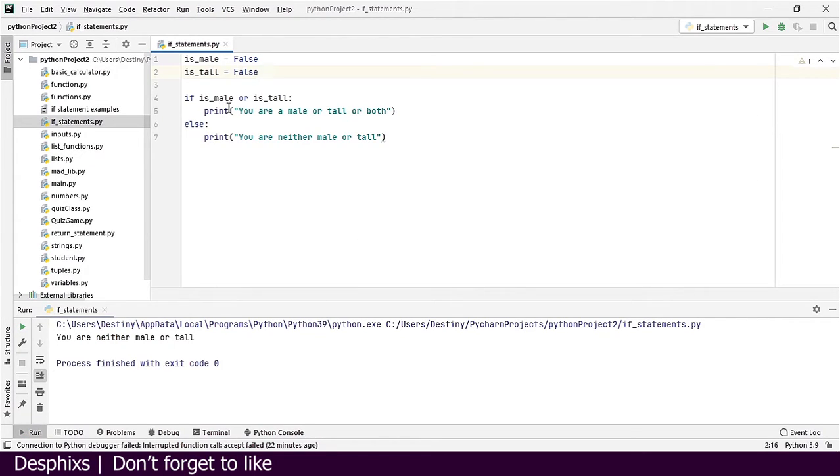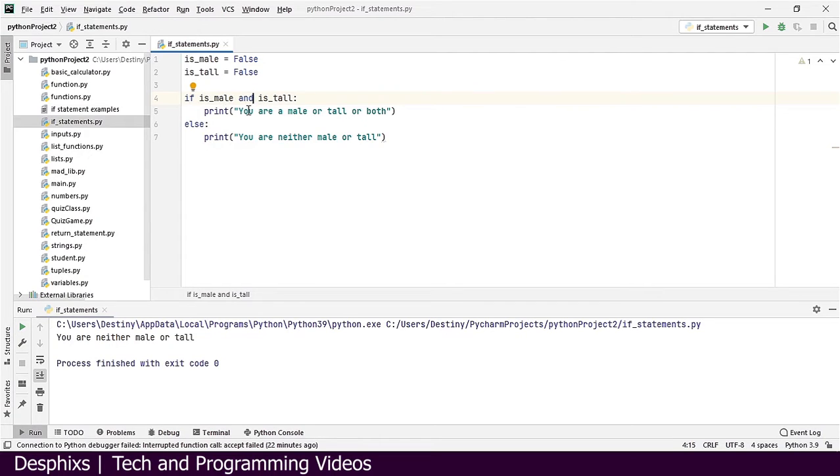Now we want to use an AND operator. So an AND operator will check to see if they are male and if they are tall. So it's gonna check for both of them, not separately like the way OR did. OR is checking like if this is white or if this is blue. But this is going to check if this is white and blue. Hopefully you understand.